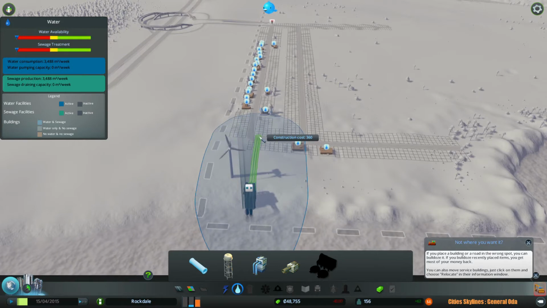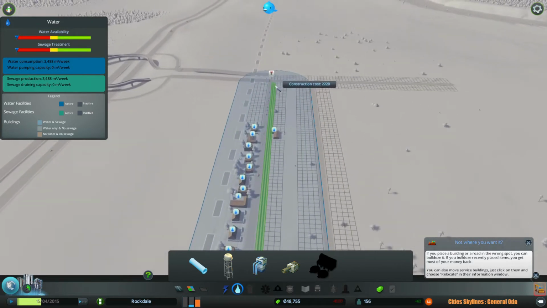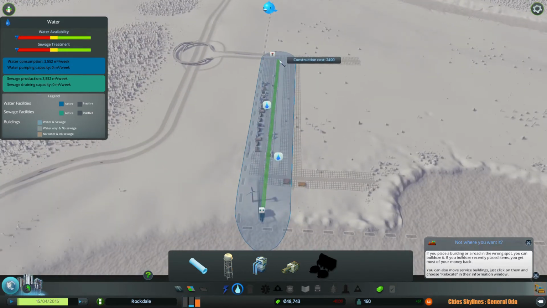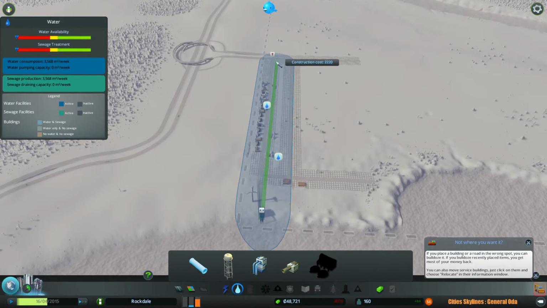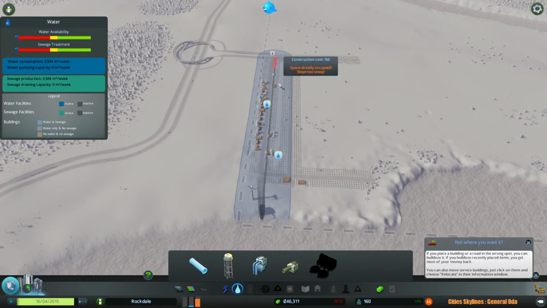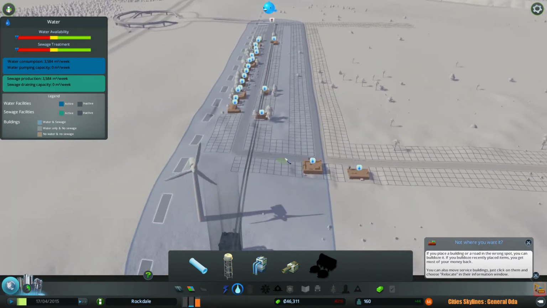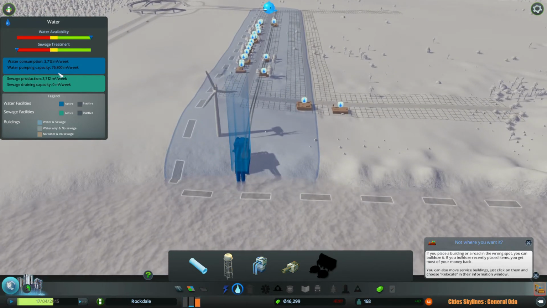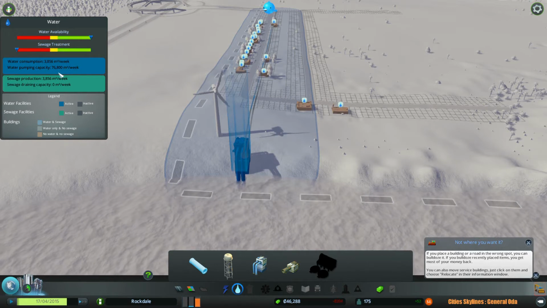Well, it's gonna go this way. I'm trying to maximize the efficiency of this, so I'm gonna do it like right here. I like a straight line, so I'm just gonna do that. Okay. So now everyone has water, because you can see the water table here. And we are producing 78,000